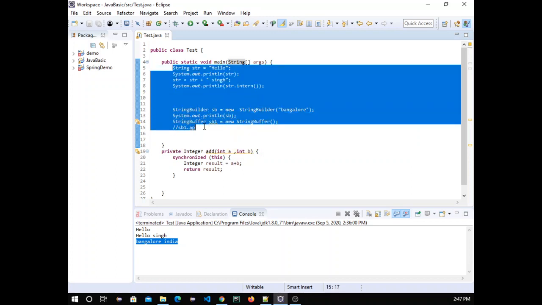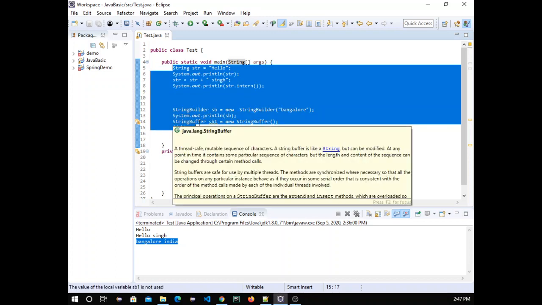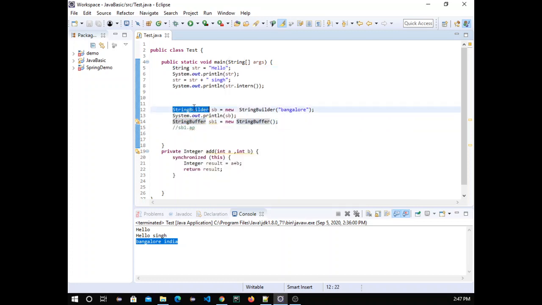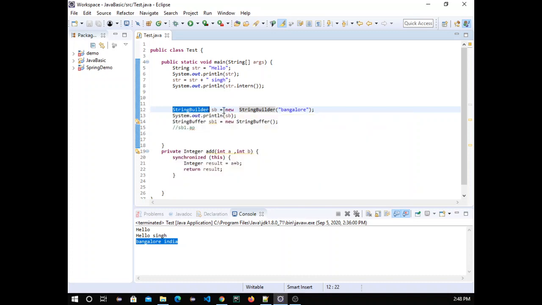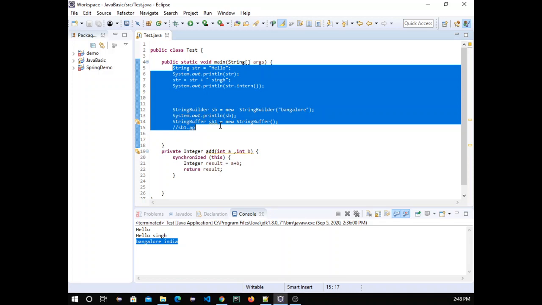These three classes or data types are all for strings only, but which one to choose depends on us and the scenario. Okay, if we need a string data type that is updated many times and multi-threading is involved, that's why we need to select according to this. So these are the major differences.